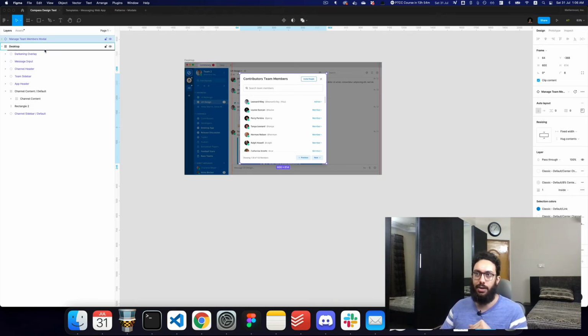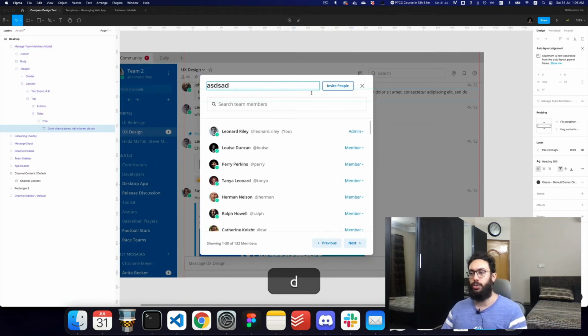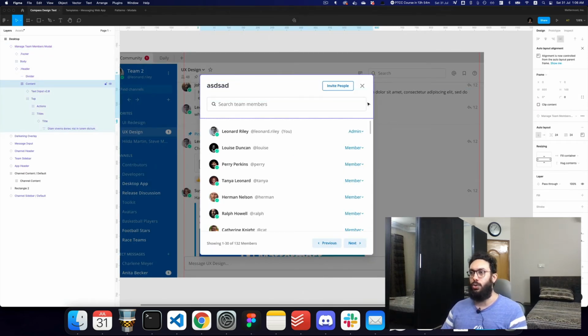And now I can say I want it to sit inside the desktop thing. And yeah, that's basically how you play around with the components. You can obviously change the title here, do whatever. And let's say if you want to introduce a button here, this is something that I want you guys to